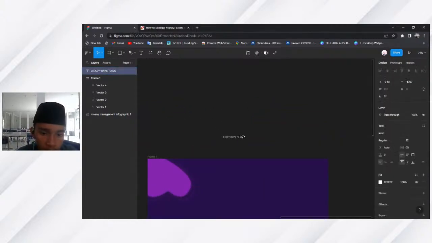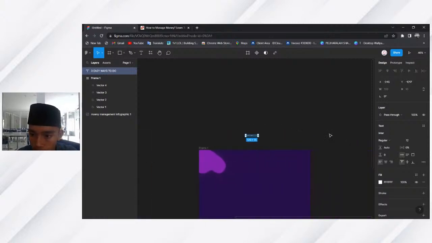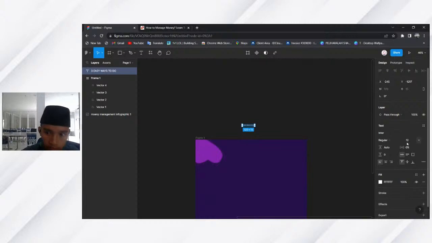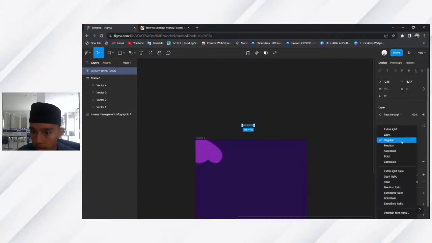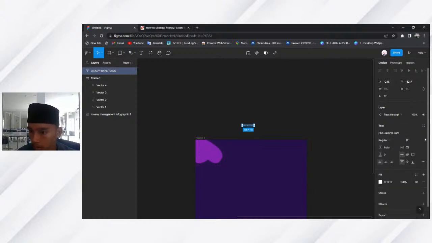As you can see here, the font is very small, but you can change this. You can also change the font into Plus Jakarta Sans, because I like how it looks. It looks very clean, and you can change this from extra light to extra bold.